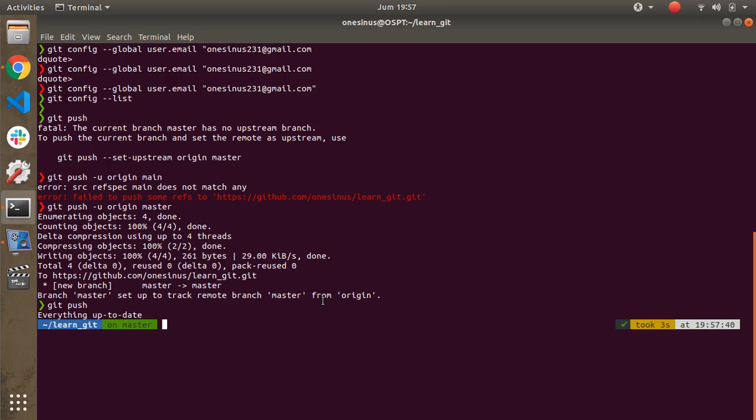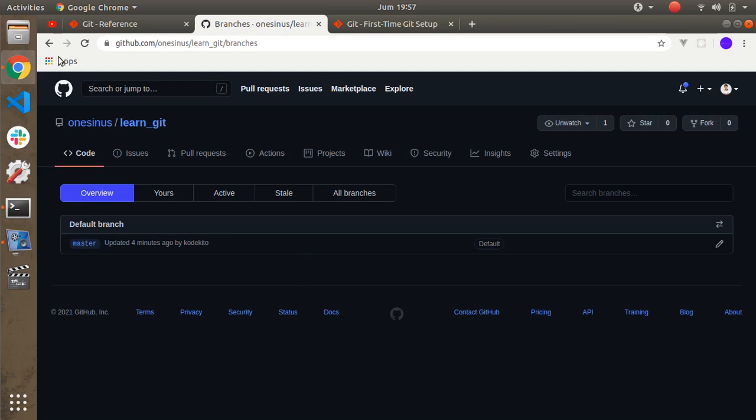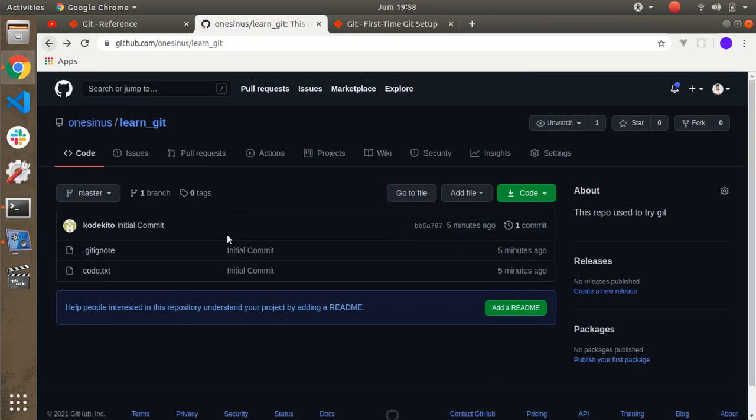Yeah, everything up to date. If we push our code for the first time, the next time we just need to git push, and then our code will be uploaded to GitHub. You can see our code here.